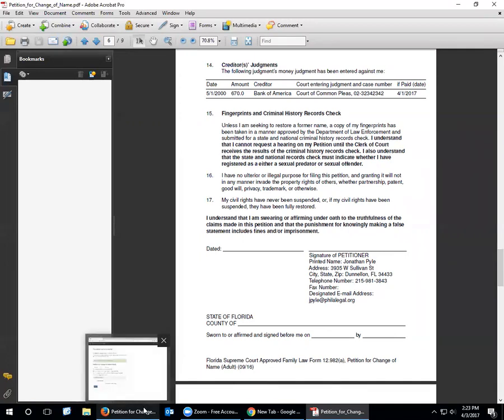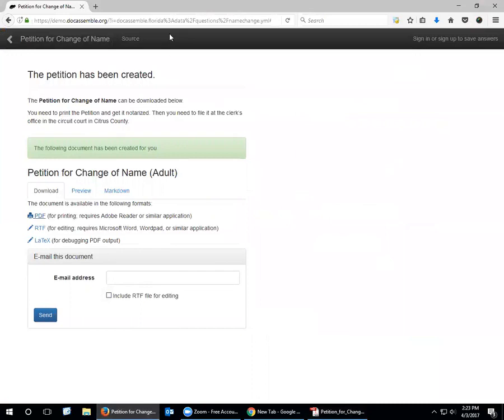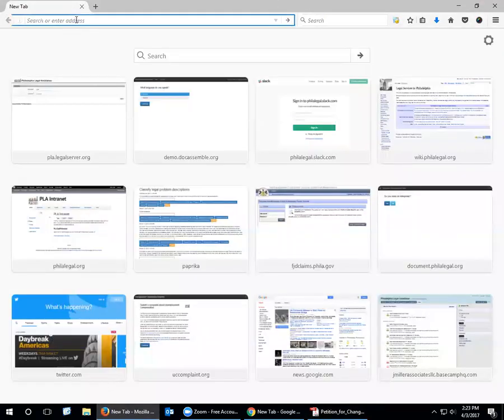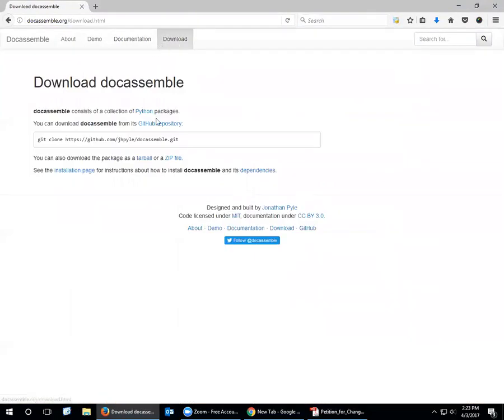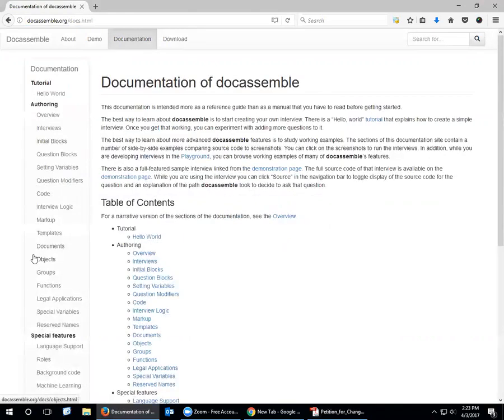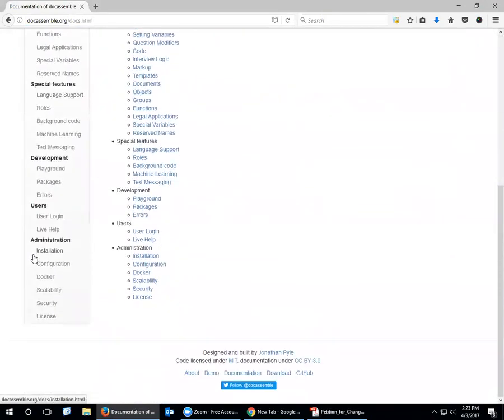the use of this software, Jonathan. So the software is open source free software. You can go to the Docassemble website and just download it. It's available on GitHub. It can be deployed in a number of ways. I run it on my laptop. I work on it on the train, but the best way to do it is to put it in the